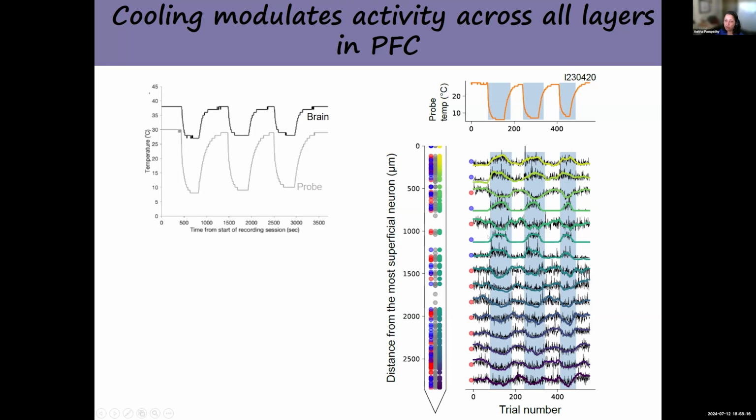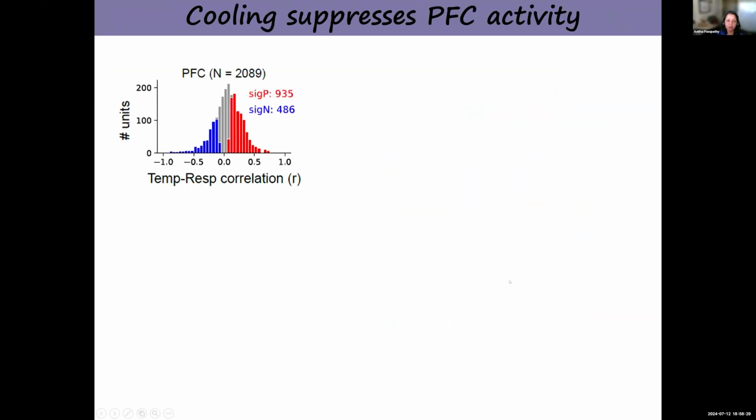But there are other neurons that respond only during cooling. Their responses are suppressed during the warm phase. And so we can characterize this by computing the correlation between the temperature and the neuronal activity. And across the prefrontal cortical population, we see the vast majority of neurons are actually positively correlated. So that means their responses are suppressed during cooling, and there are a subset of neurons that are negatively correlated